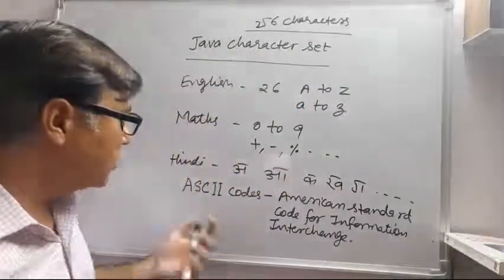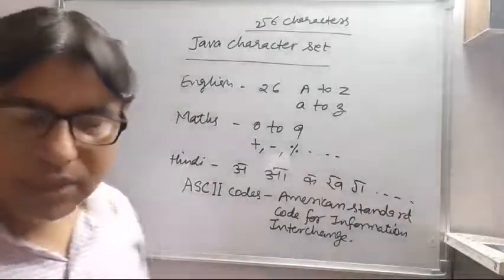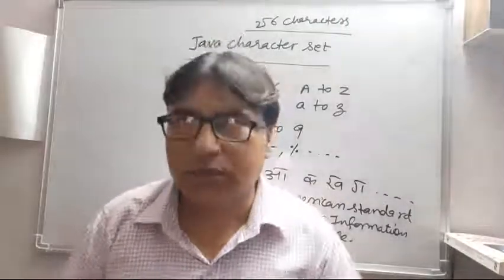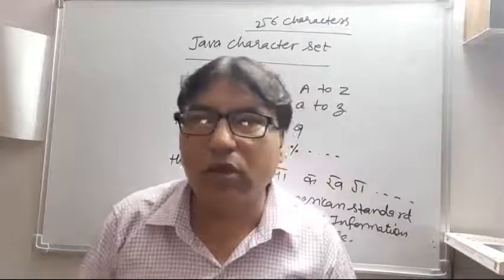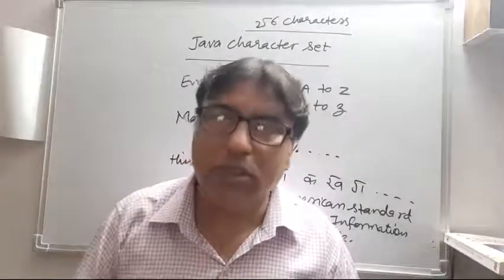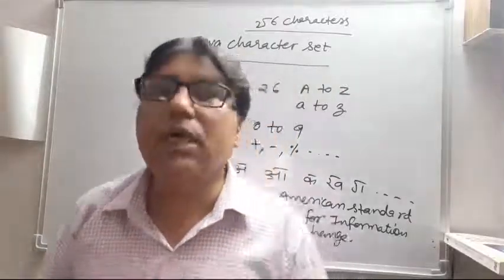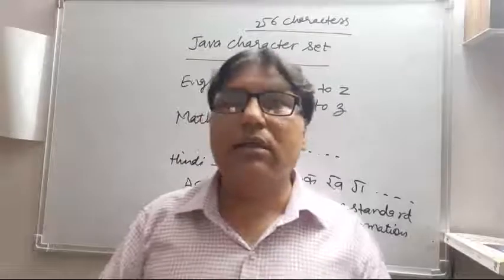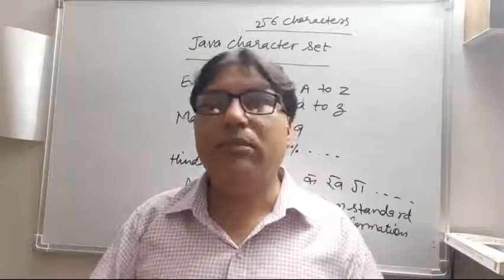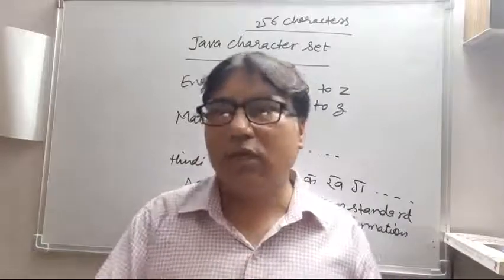including the spacebar and English language characters and certain symbols also. So first of all, these ASCII codes were there because when the Java language was launched, it was first of all launched in English. Okay, so when it was launched in English, after that the popularity of the Java language increased, and day by day, or time by time, other countries also wanted this Java language for its popularity.